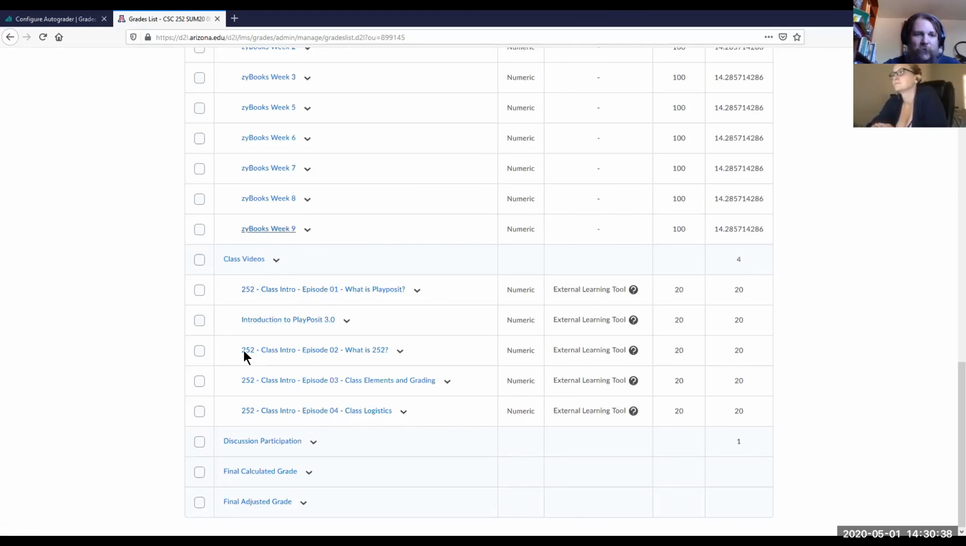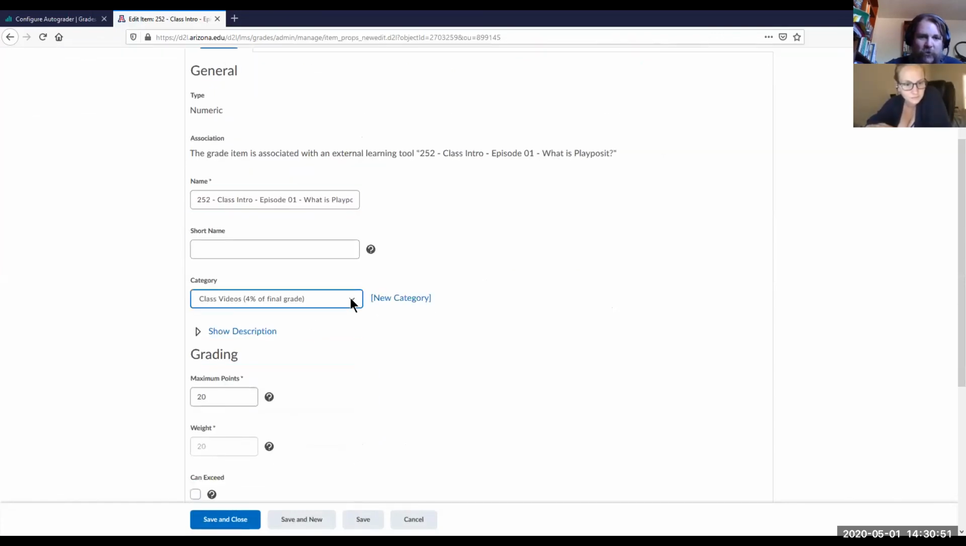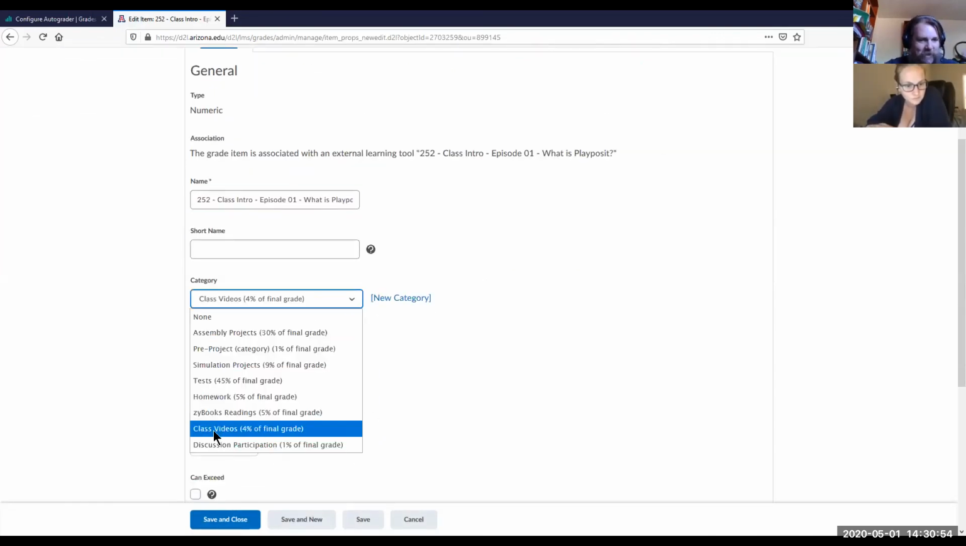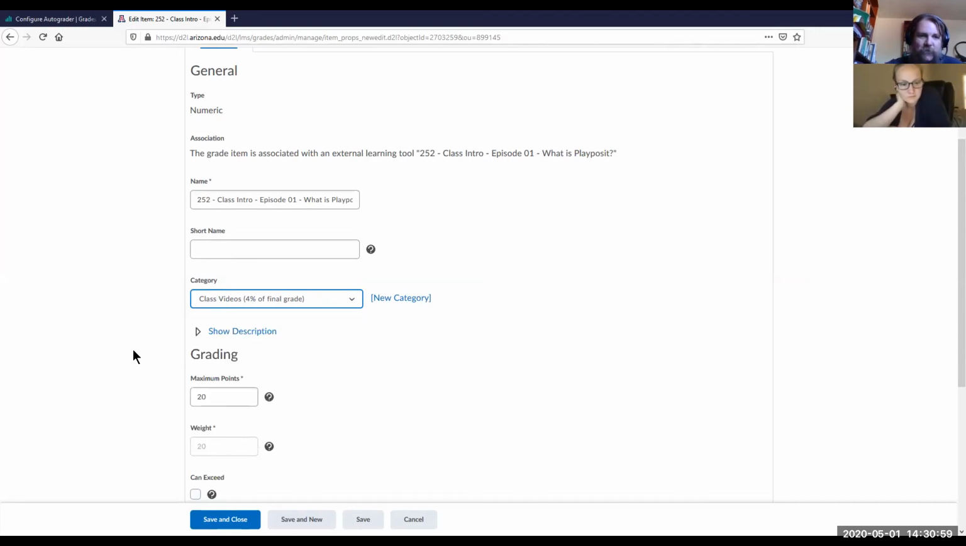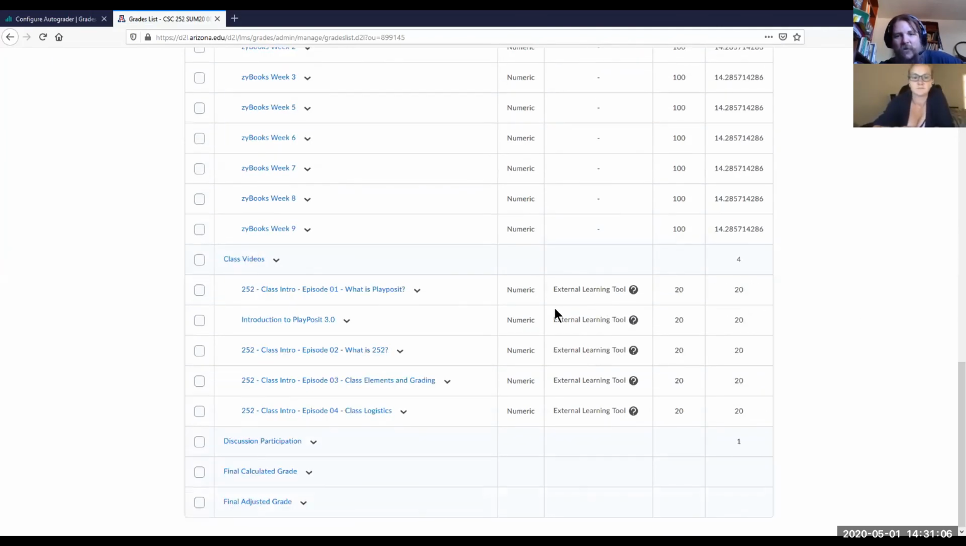And so every time you get one of these, it's not going to be inside the right folder. It's actually going to be out on the top level. So you have to go in here and say, I'm going to edit that grade item. And you go over here and assign it to the right category. In this case, I've already moved it, so it's in the right category. So you say class videos, save and close. Every time you create a new video, you have to go through that trouble. And then everything's going to be weighted. Well, there's a variety of ways you can configure the category. We'll talk a little bit more about D2L categories right now, but